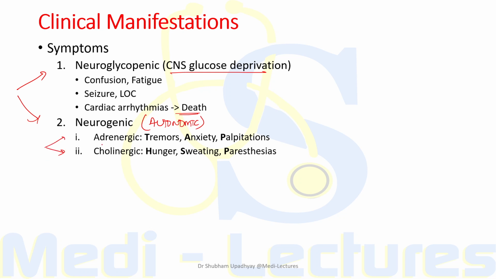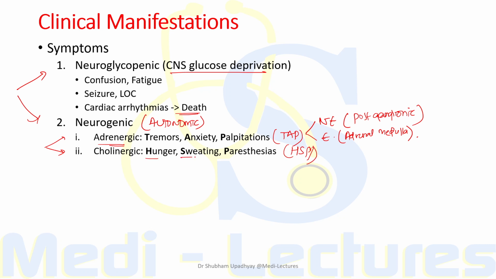Now, adrenergic symptoms can be remembered by TAP, that is tremors, anxiety, palpitations. These occur due to release of norepinephrine from postganglionic neurons, and release of epinephrine from adrenal medulla, as we have discussed in the chart. Then cholinergic symptoms can be remembered as HSP, which is hunger, sweating and paresthesias, and this hunger is very important